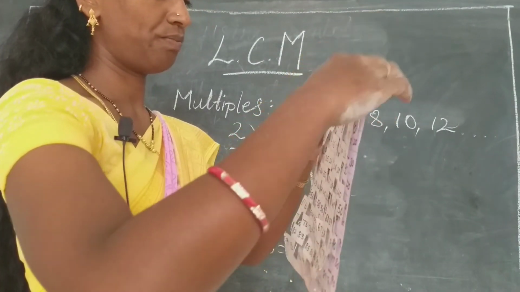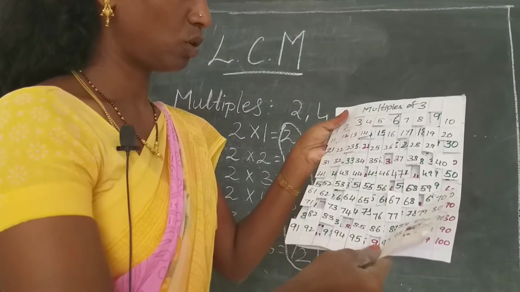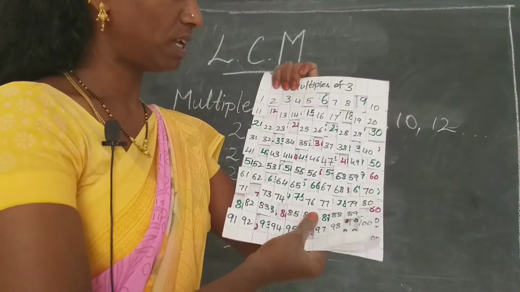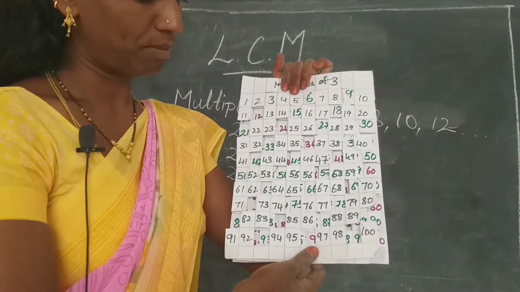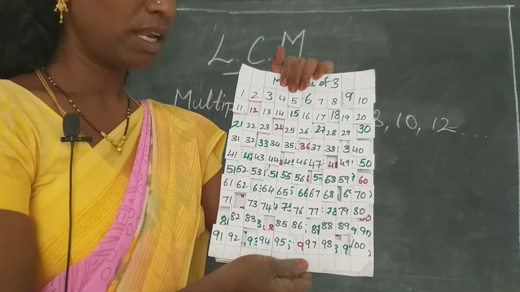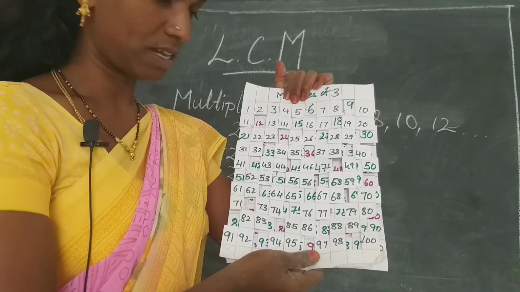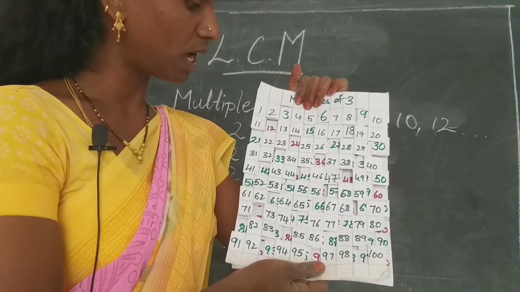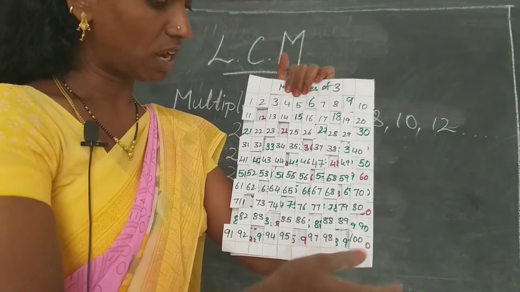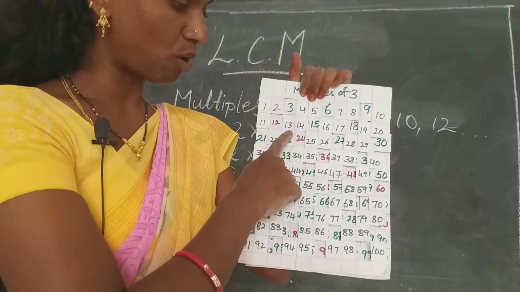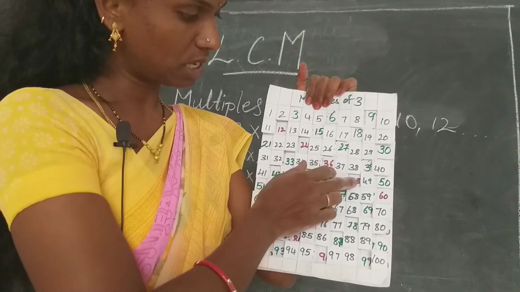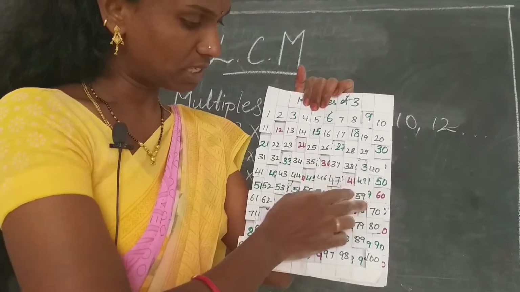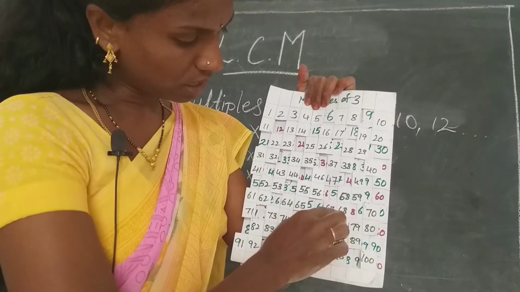So see here. Here I have placed both the charts on the number chart. Can you see clearly the numbers which are in brown color? Yes, count along with me the numbers which are in brown color: 12, 24, 36, 48, 60,